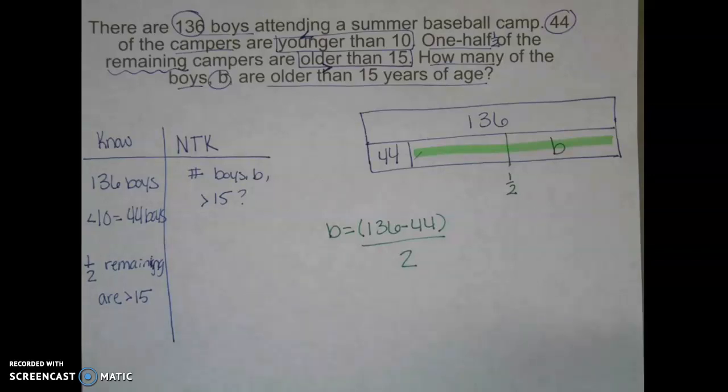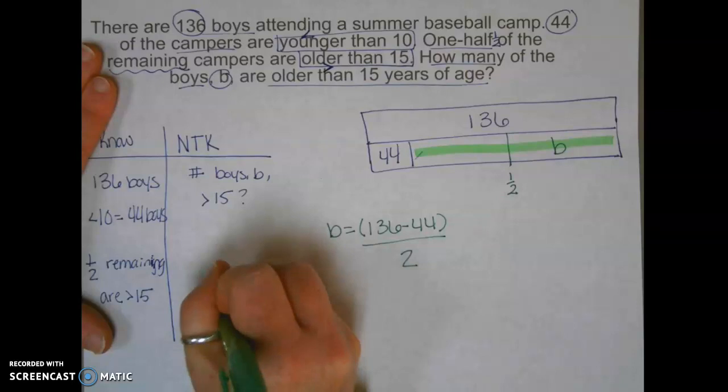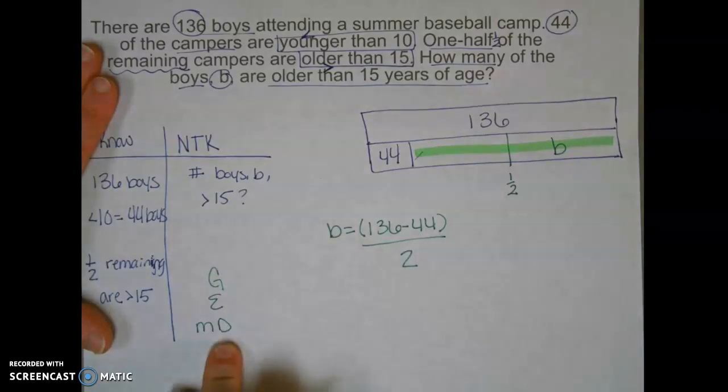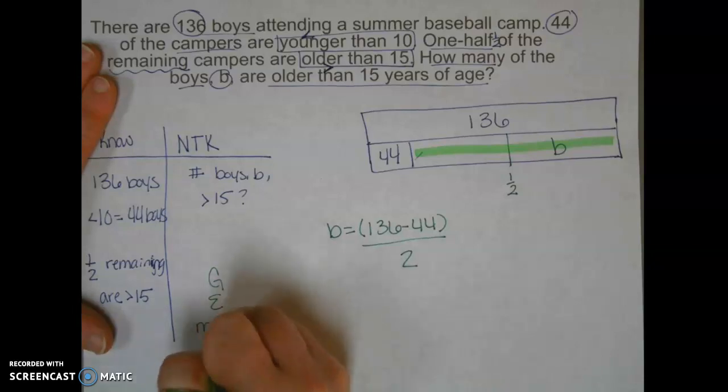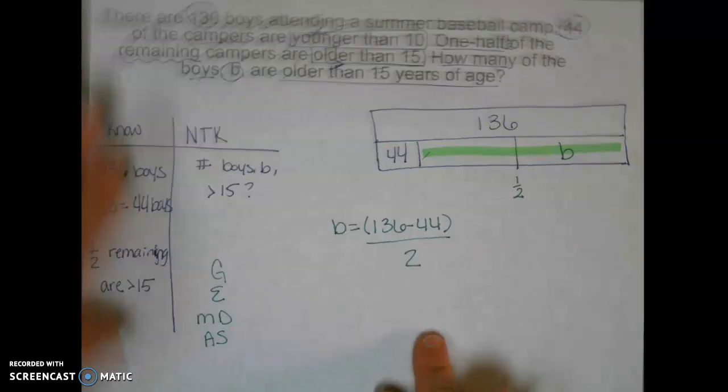Now we're going to pull back out our problems that we worked on just a little bit ago to represent and write equations for, and we are going to solve them. So I'm going to use GEMDAS, our grouping symbols, exponents, multiplication and division in the order in which they happen from left to right, addition and subtraction, again in the order they happen from left to right, to help me